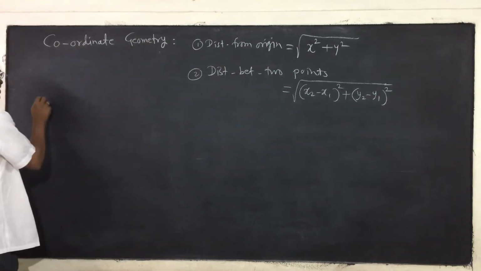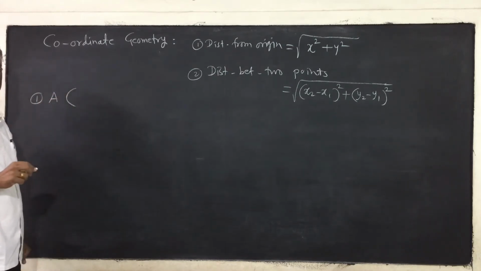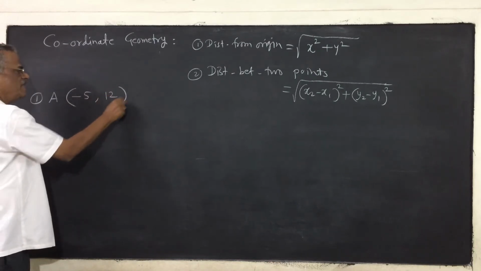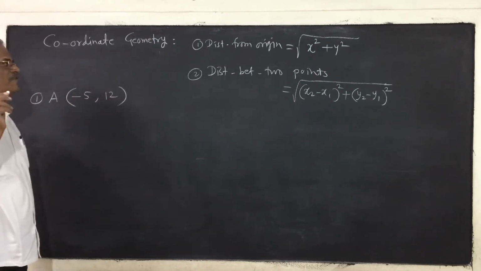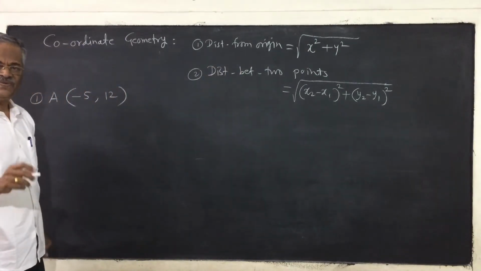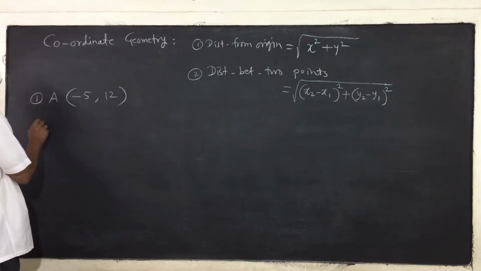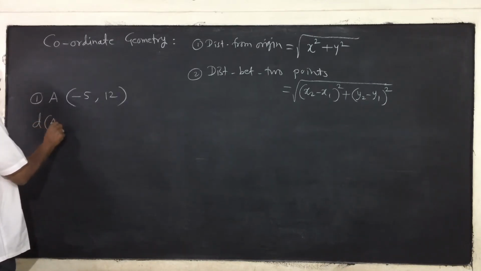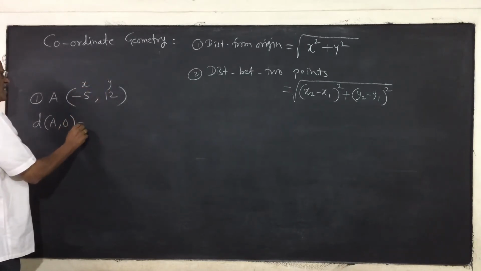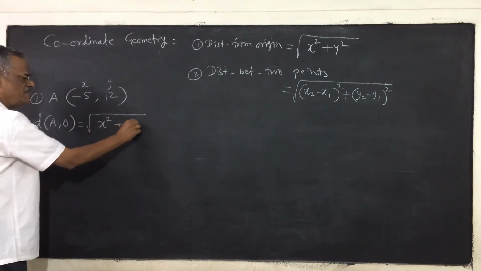Suppose question number 1, what are the coordinates there? Suppose minus 5, 12 are the coordinates, and what is the distance of that point from the origin? Origin, let us consider O. So, how to find out distance of A from origin? This is your x, this is your y. By using the distance formula, under root x square plus y square,